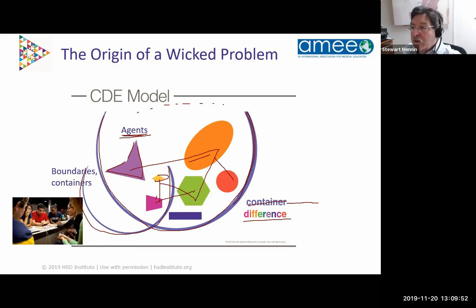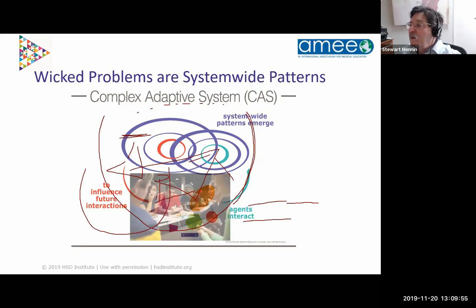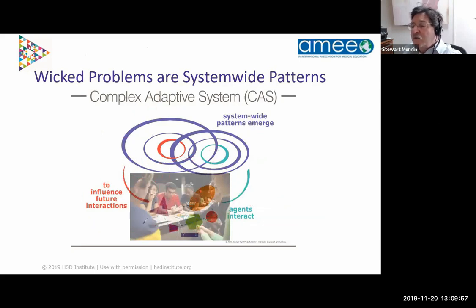And let me erase all these drawings. And so what you see is that you can see the agents here, and the agents interact, and what happens when the agents interact, they reach a certain tension. They reach a threshold of tension so that what's holding them in place can no longer work, and they break out spontaneously and form a new structure. This is called self-organization. So that agents that are bounded together